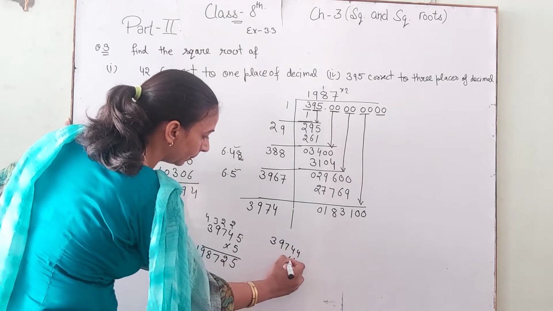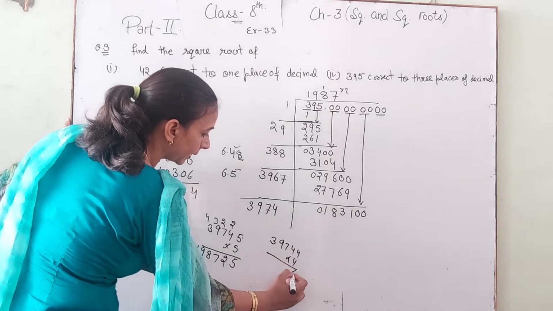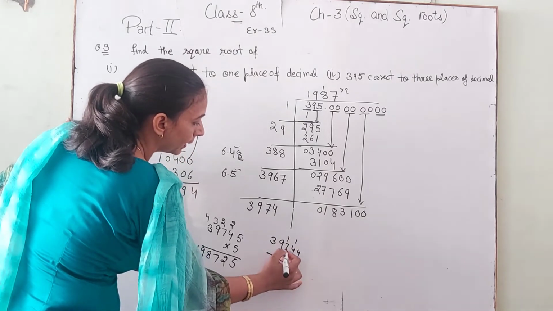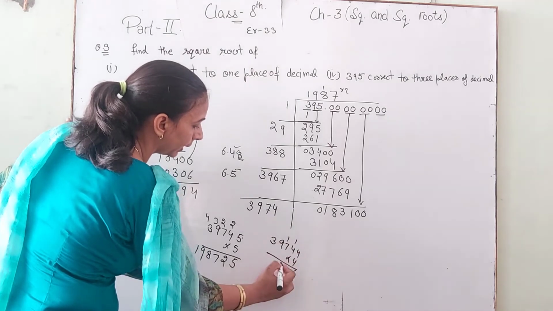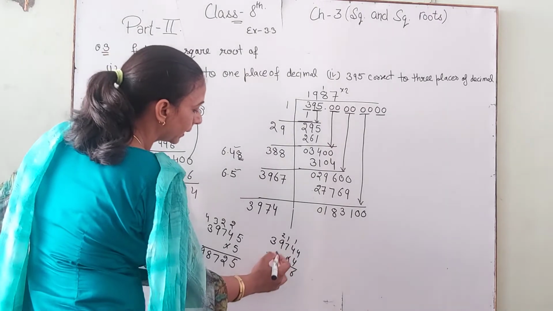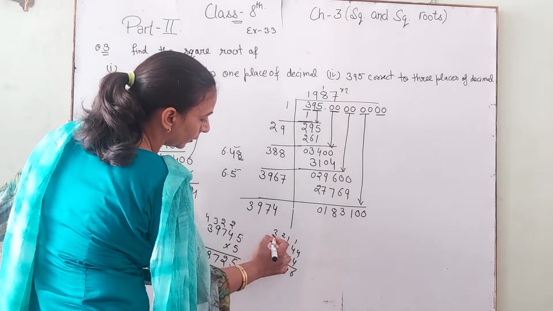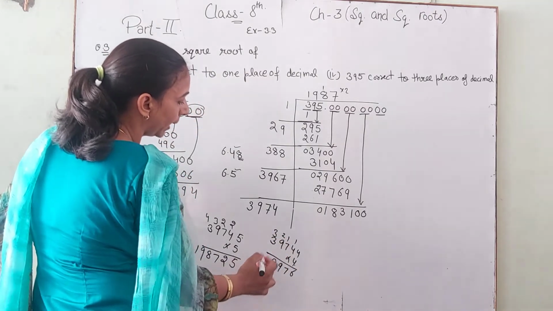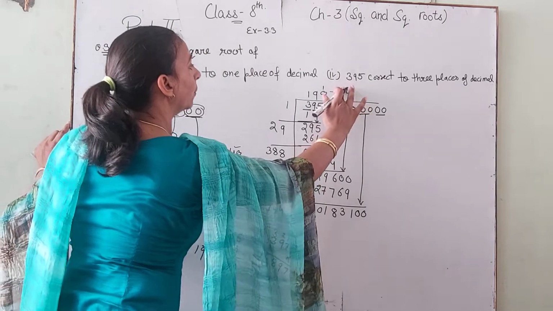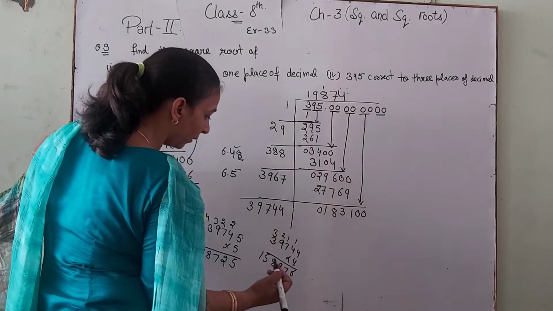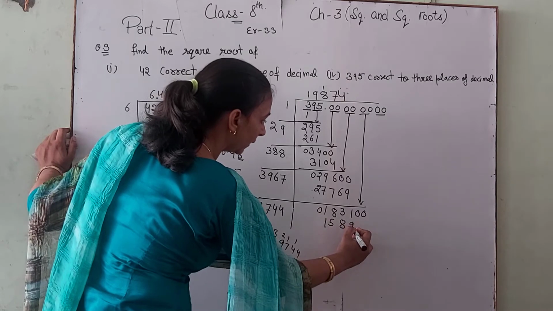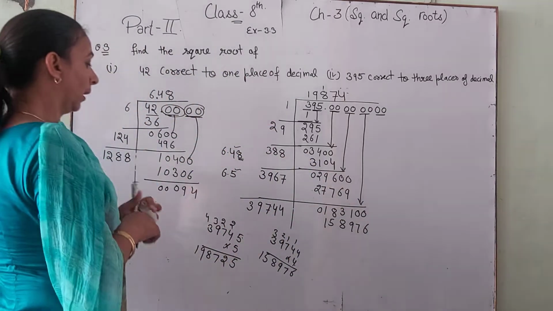With 4, multiply with 4. 4 4s are 16, then 1. 4 4s are 16 and 1, 17. 7 4s are 28 and 29, then 2 9 4s are 36, 36 to 38. 3, 4 3s are 12, 12 3 and 15. Now we check it. We take a 4. This is also 4 and this is 15, 8, 9, 7, 6.